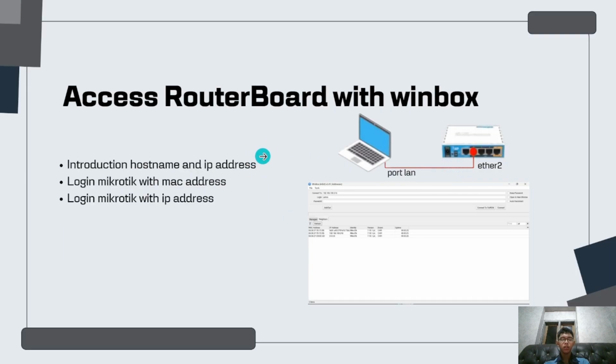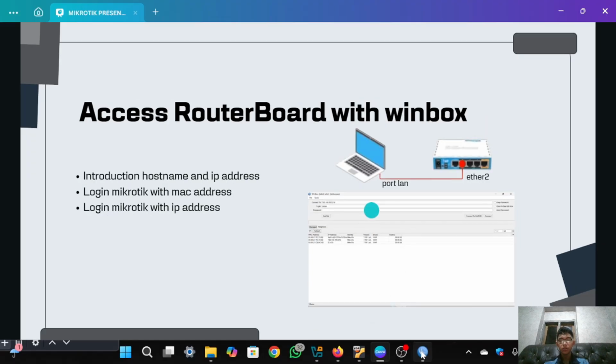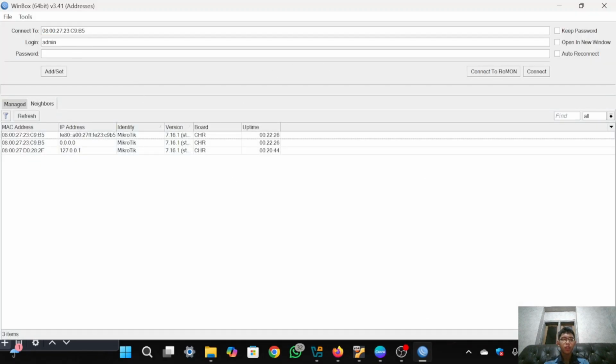So I will practice adding some IP to the Winbox or your router. To connect your router to the Winbox, first connect your router to your PC or laptop. Then we'll explain the Winbox a little bit. MAC address shows the MAC address of your MikroTik.